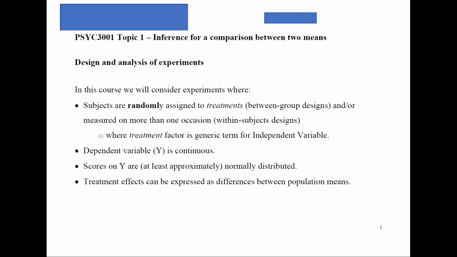And they might indicate to me that 55% are going to vote for Labor. So that's 55 out of 100 people, and 45 out of the 100 people are going to vote for the